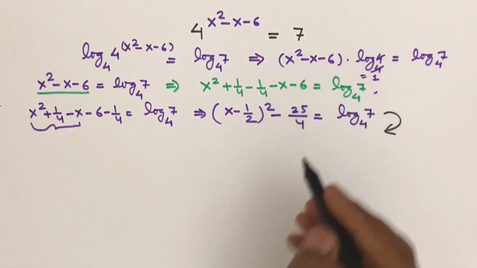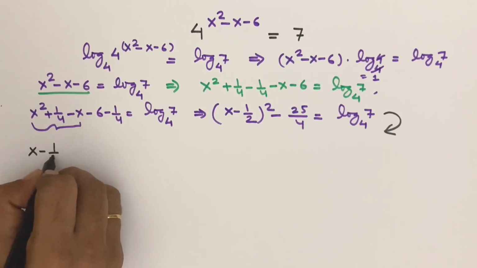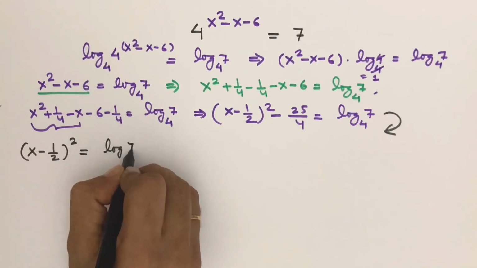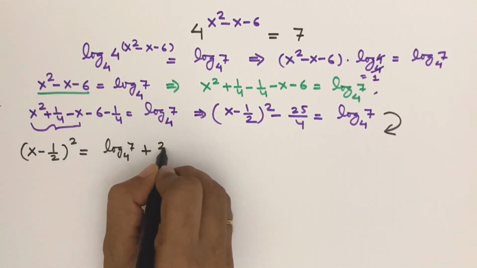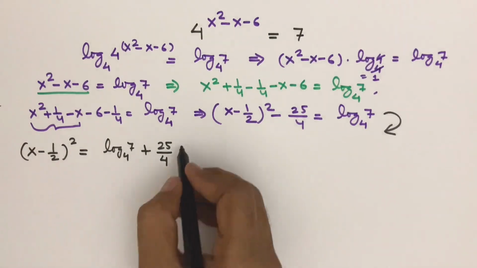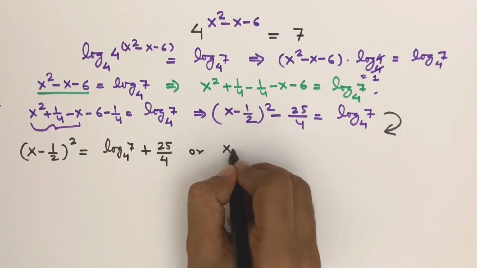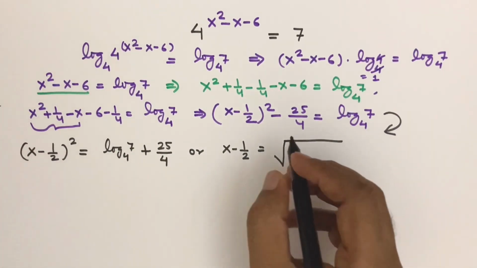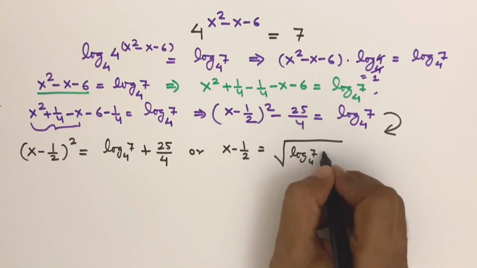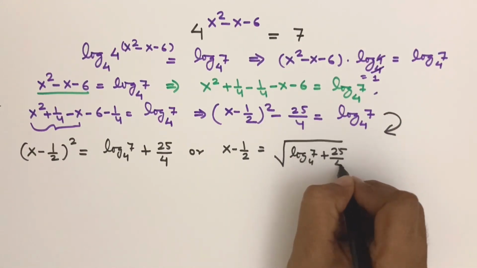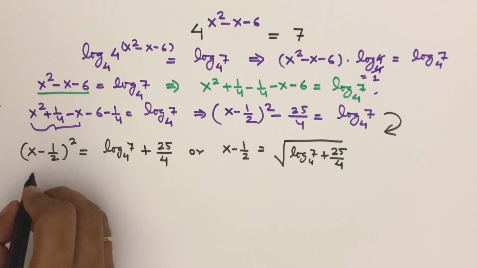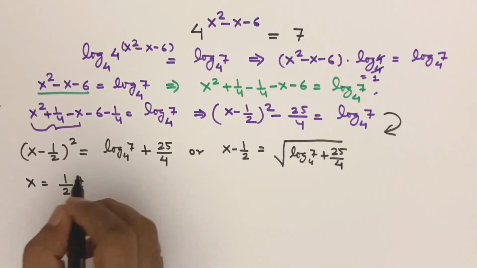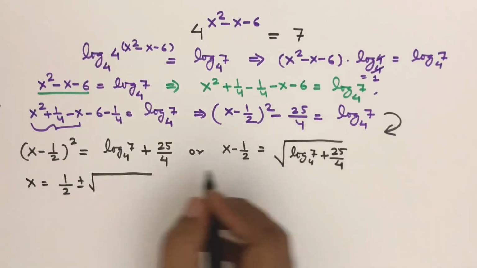So this further simplifies to x minus 1 by 2 squared equals log 7 base 4 plus 25 divided by 4, or x minus 1 by 2 equals plus or minus square root of log 7 base 4 plus 25 divided by 4, or x equals 1 divided by 2 plus or minus square root of